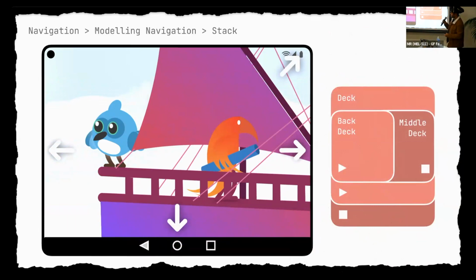And at this point, maybe I should ask this question from the audience. What's the expectation when you press the software or the hardware back button? Should you go back to the lower screen, or should you go back in the middle screen? It depends. Yeah. I think